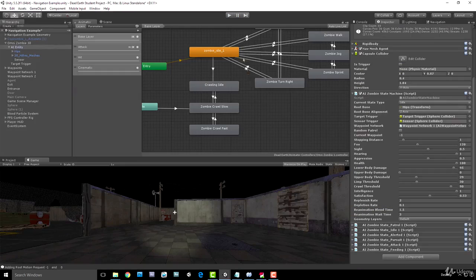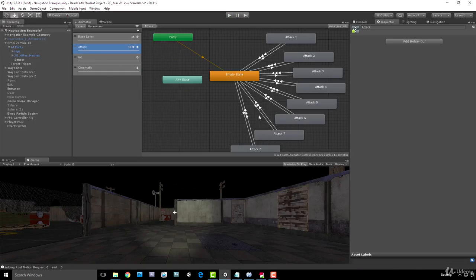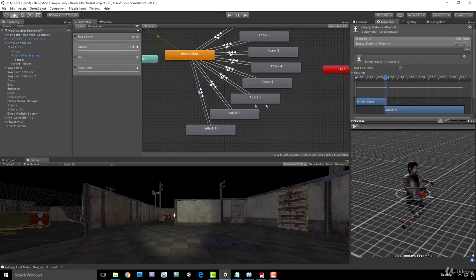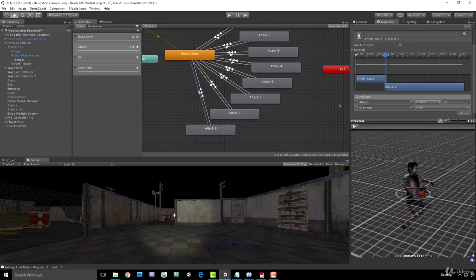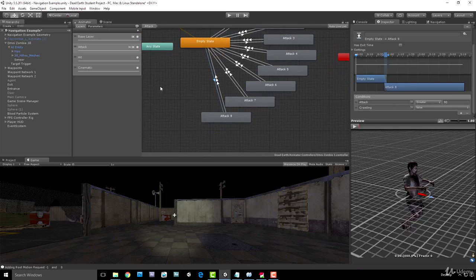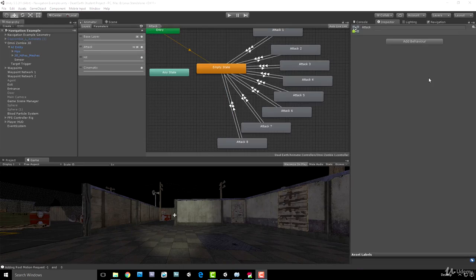Because all of the attack animations that we've got are on the attack layer, and furthermore, because these are animations that should only be played when she's in a non-crawling state, each one of these has its condition set to if crawling is false. So none of these attack animations will ever be triggered on the attack layer when we are in a crawling state. So we don't currently have any attack animations for when our zombie's in a crawling state, but never fear, because